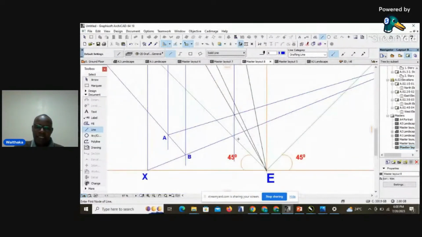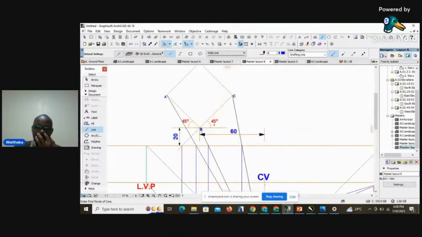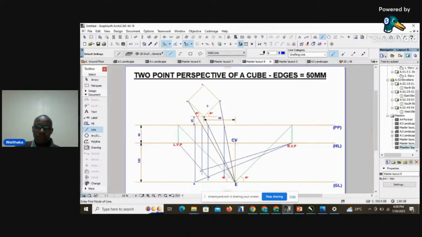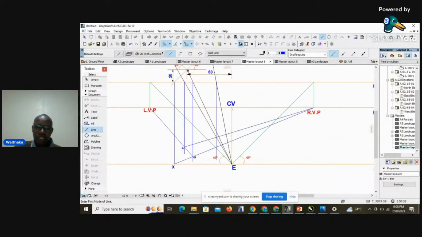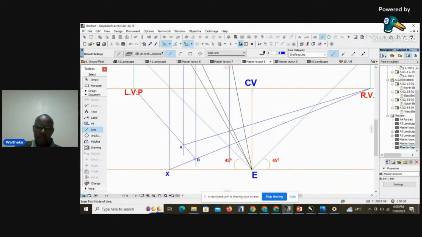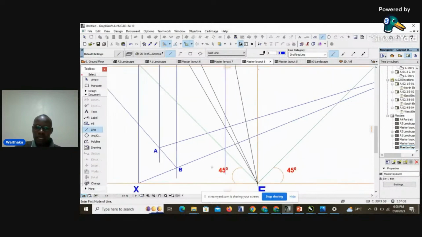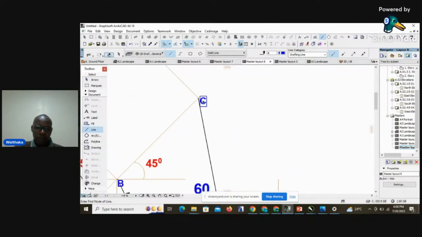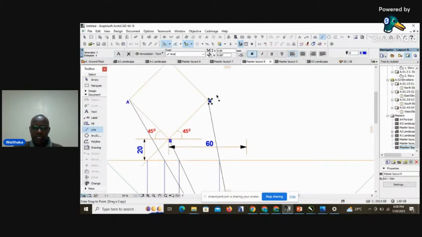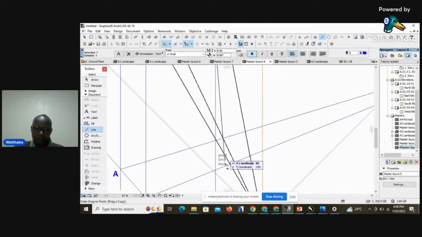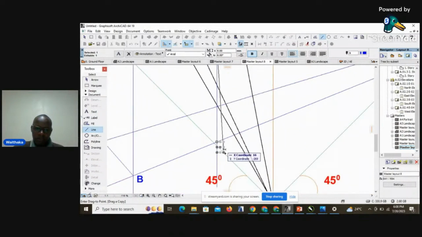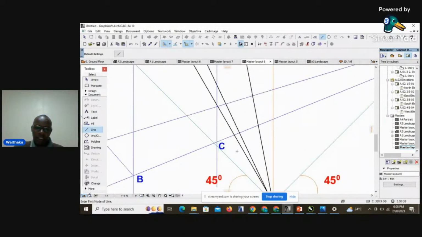And where it cuts the line that is coming from B, because remember point C is on the same plane with the B. Point A is coming from point B. So therefore, you can notice that point B is generated, point A comes from point B, and now point C comes from point B again. So we can note that point as C. So this point now becomes our point C,